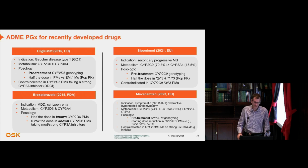Similarly for CYP2C9 with siponimod, and that's for secondary progressive MS, and most recently for mavacamten for hypertrophic cardiomyopathy for pre-treatment 2C19 genotyping. And I mentioned one from the US here for brexpiprazole, and just to highlight there that on that label, as far as I recall, it doesn't mandate it. This is part of the challenge with labels, but it says if you're known to be a poor metabolizer of